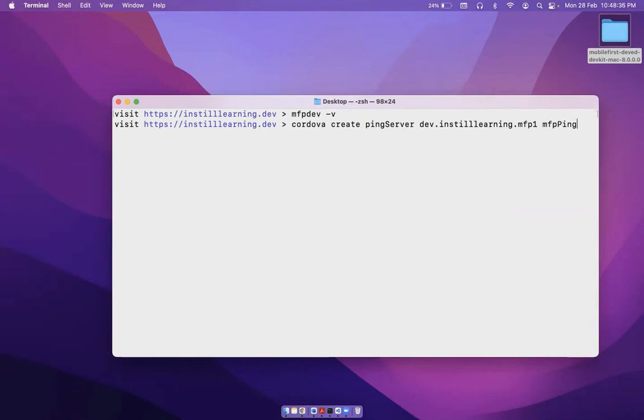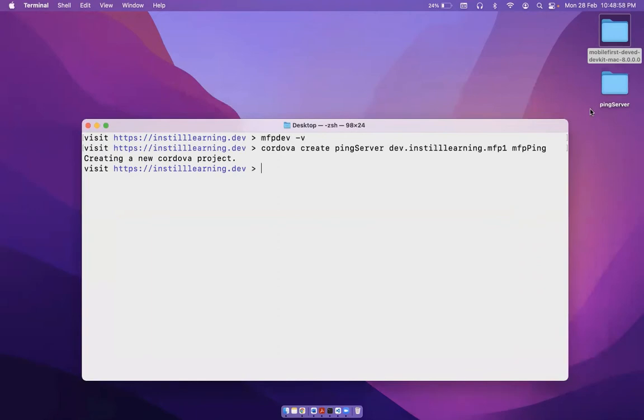Okay, I'll just press enter. So this is a full command of Cordova. If you want, you can give the package ID and the application name here itself, so every time you do not need to change the package ID in the config.xml. Okay, so here if I click enter, you can notice that we have created a new application here,